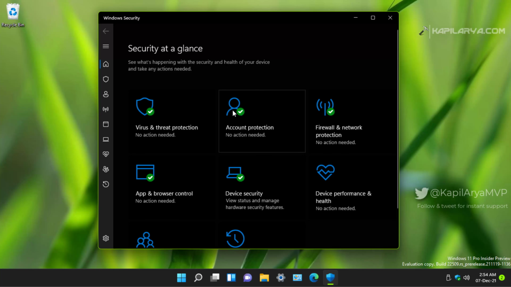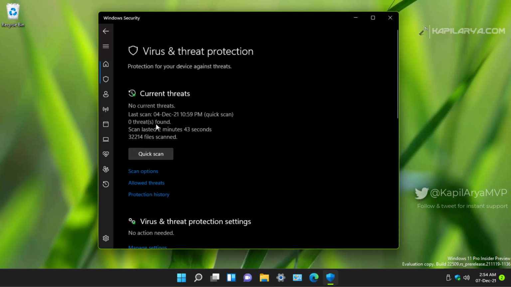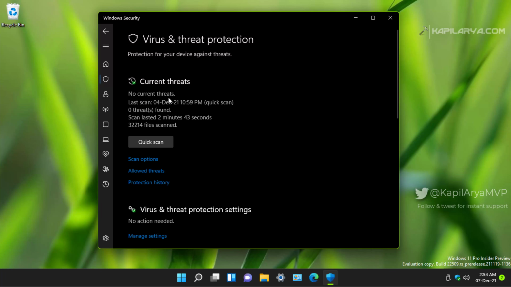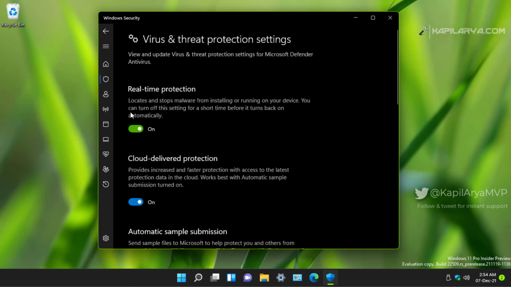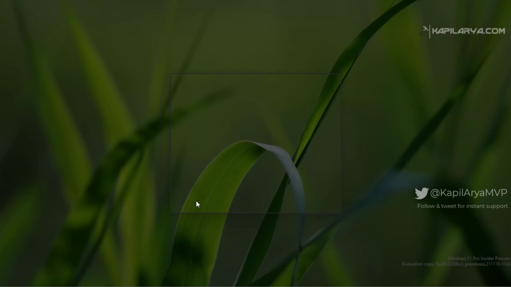So we will click on that tile, and here you can see that all of the information is present, and if we go to the virus and threat protection settings you can see that the real-time protection option is now on. We will try to turn it off and turn it on back,